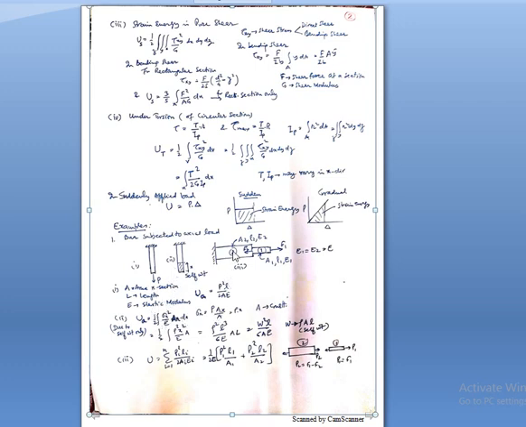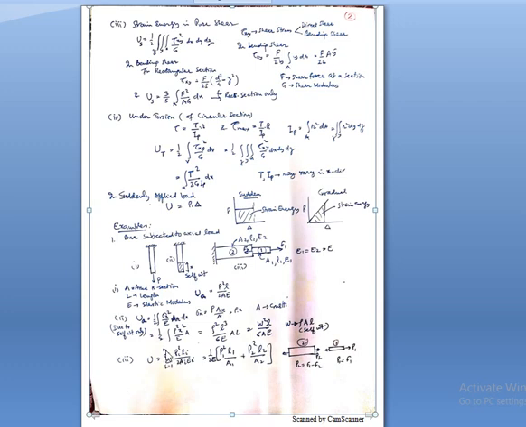The third case is where, along the length of the member, the force is constant, but in different parts of the member the force is different. So we can understand this by drawing the free body diagram for two different parts. Every part has its own value of the force applied, maybe tensile or compressive. Its cross-section area is constant within this part. So the integration sign is now changed to a summation sign, because in a given part these quantities are constant, but in different parts the constants vary.